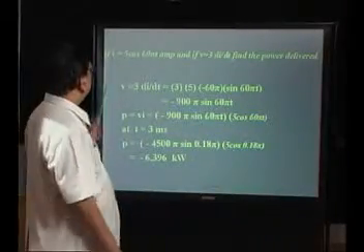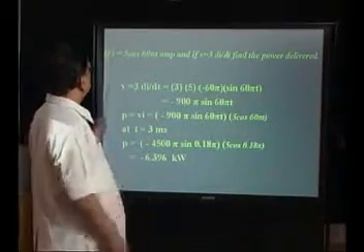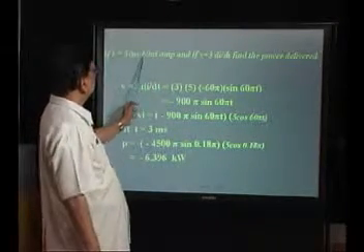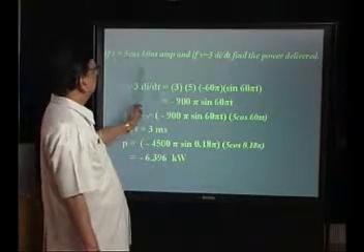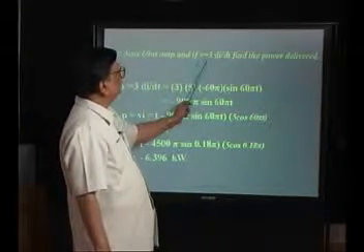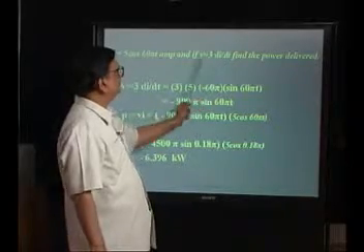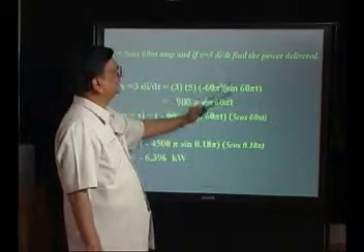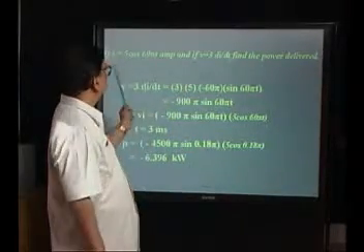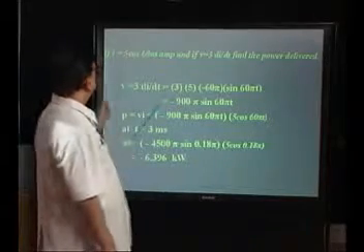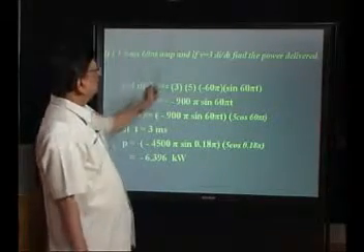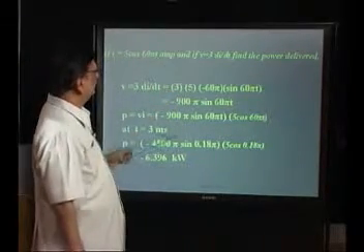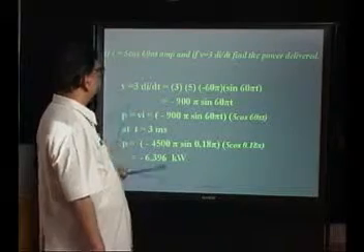Let us take a small example. Suppose the current is varying sinusoidally like this, I equal to 5 cos 60 pi t, and V equal to 3 di by dt. In a particular element the voltage is expressed in this fashion, 3 di by dt. Find the power delivered. So, what is the solution? The solution is to multiply the instantaneous current and the instantaneous voltage, and we will get the instantaneous power.